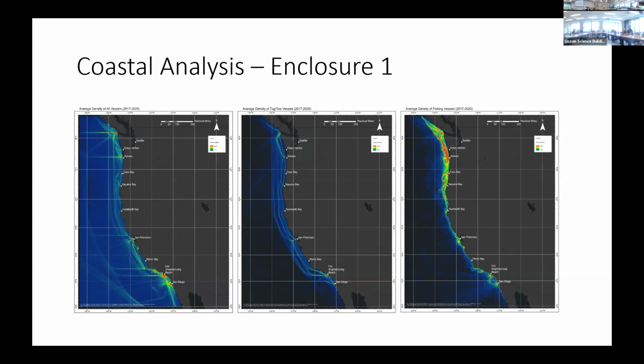And then the right side is a depiction of all fishing activity that had taken place during that time as well. So you see in the Pacific Northwest, obviously there is a heavy density of fishing activity. And while fairways and traffic separation schemes aren't designated to protect fishing areas, we do evaluate the transits of where those vessels are taking place to ensure that they can safely go to and from port. And then overall, we just had close communication with them,